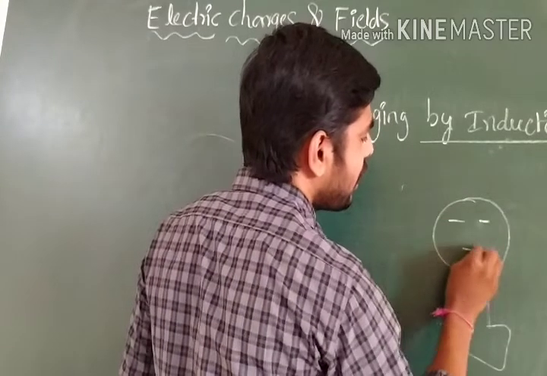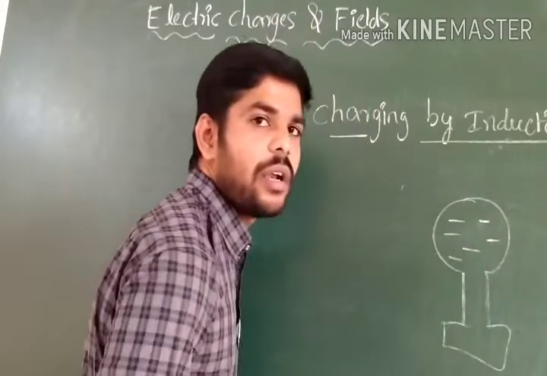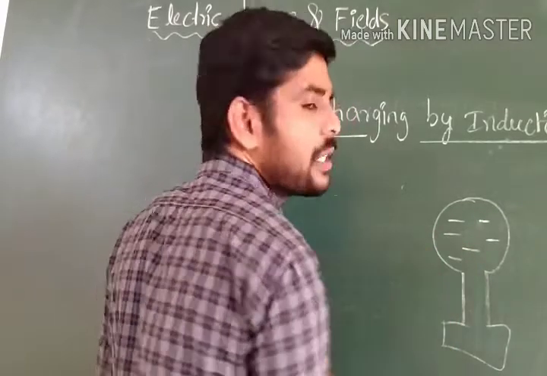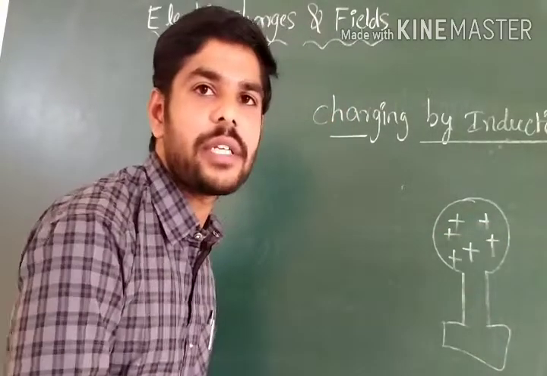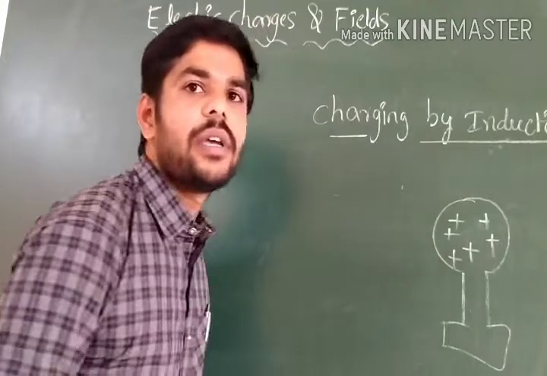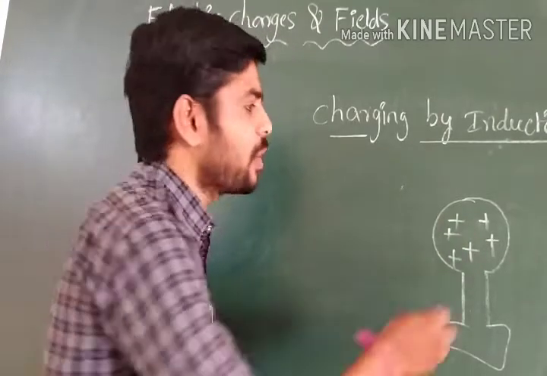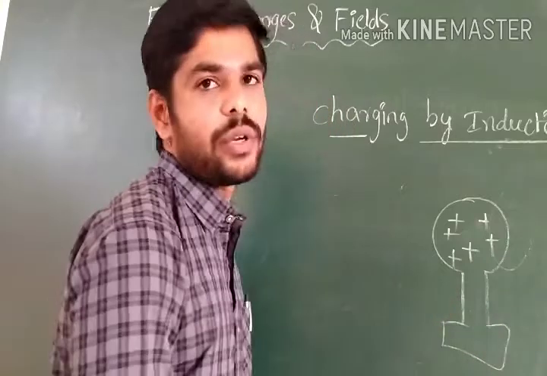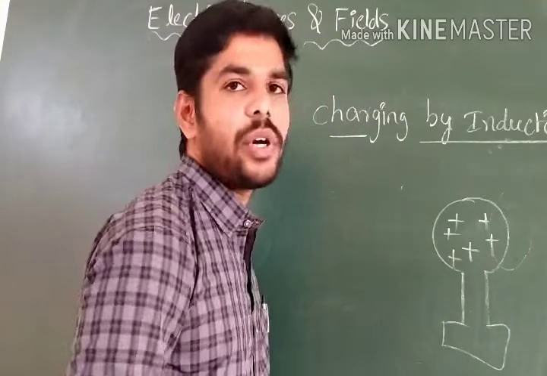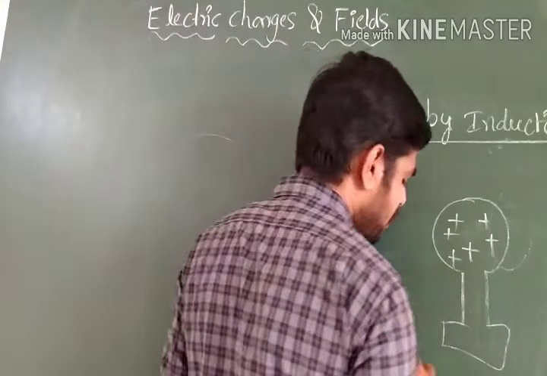All negative charges are in this place. Positive charges, just now I took the diagram positive, that's why all positive charge becomes like this, because all negative charges are grounded or neutralized. But here only positive charge remains. This is a positively charged